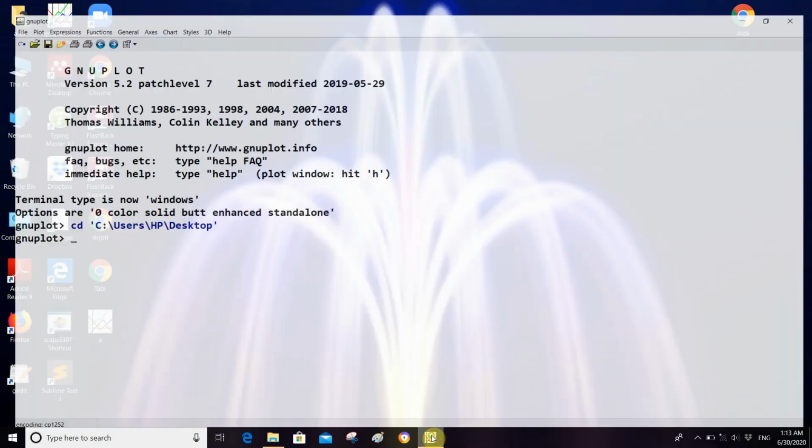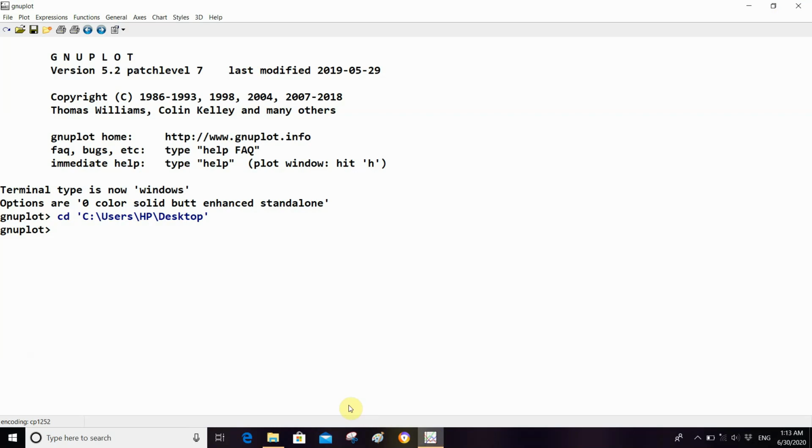So come back to the editor panel, and first of all I have to set the range of the x-axis by commanding set x range, space, bracket, 1e14 colon 1e18. Okay, because